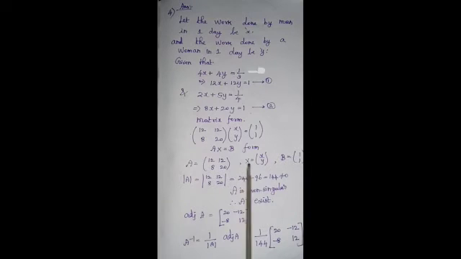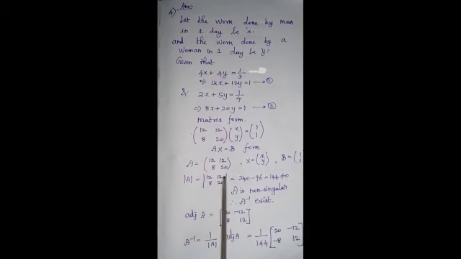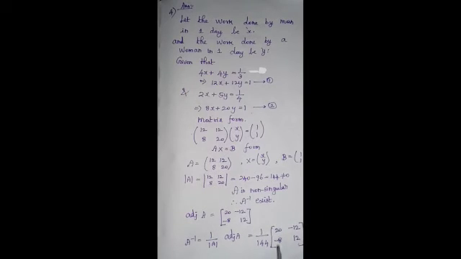The solution is X is equal to A inverse B. First find A inverse, and before that, determinant A. Determinant of A, [12, 12; 8, 20], is 144, not equal to 0. So A is non-singular and A inverse exists. Adjoint A: interchanging the leading diagonal and changing the sign in the other diagonal, we get [20, minus 12; minus 8, 12]. So A inverse is 1 by determinant A into adjoint A, which is 1 by 144 [20, minus 12; minus 8, 12].